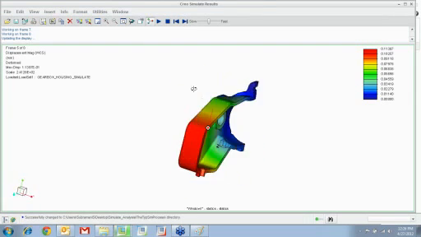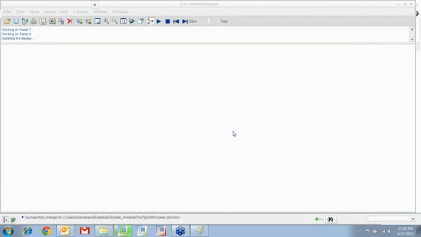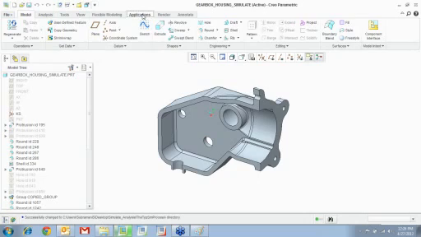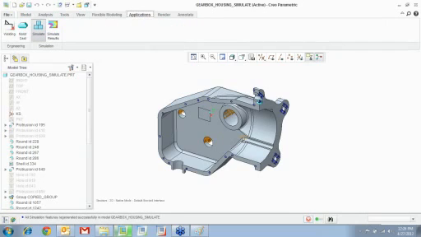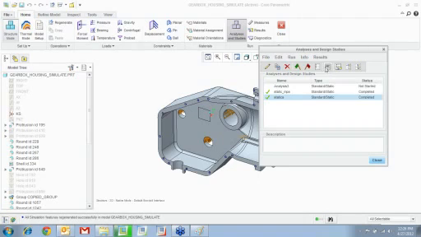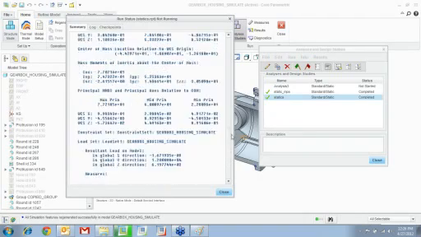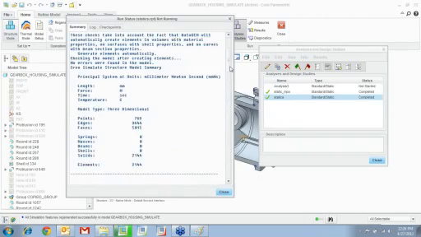So you can look at displacement. Now, I'm going to also show you the simulate results file right here. Notice that in a single pass analysis,